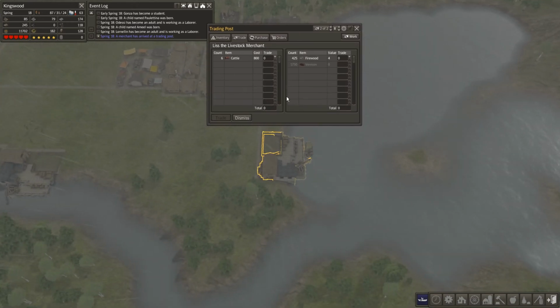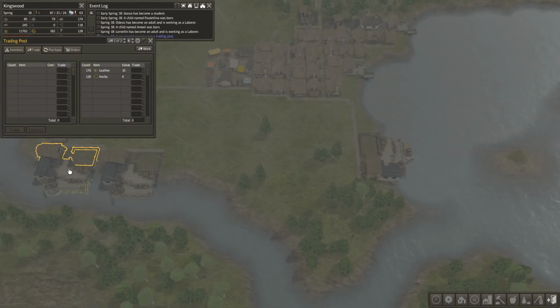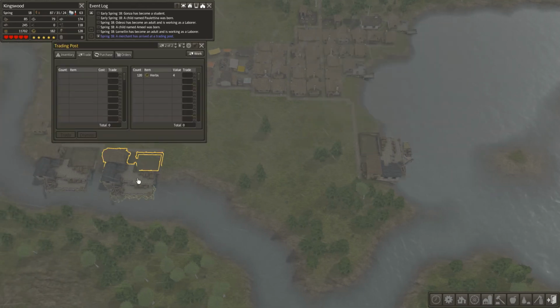Ooh. Cattle. How many of these would I actually need? 2 probably. How much can I trade? 425 will be how much? Which means I can buy 2 cattle. I think I want to try and trade my... No, I won't be able to transfer enough over there, will I? I could always try and